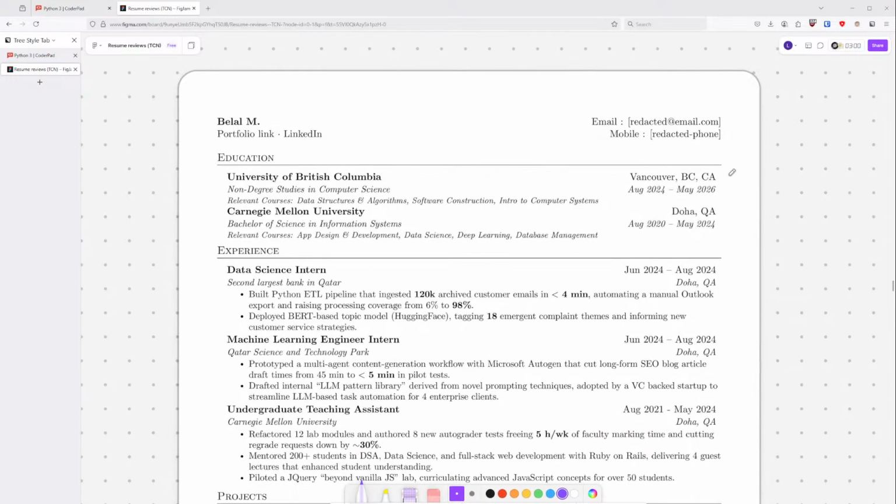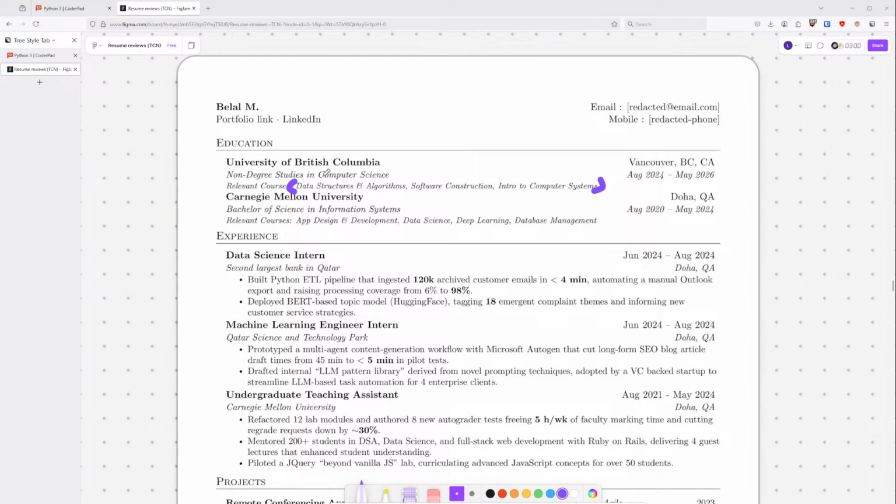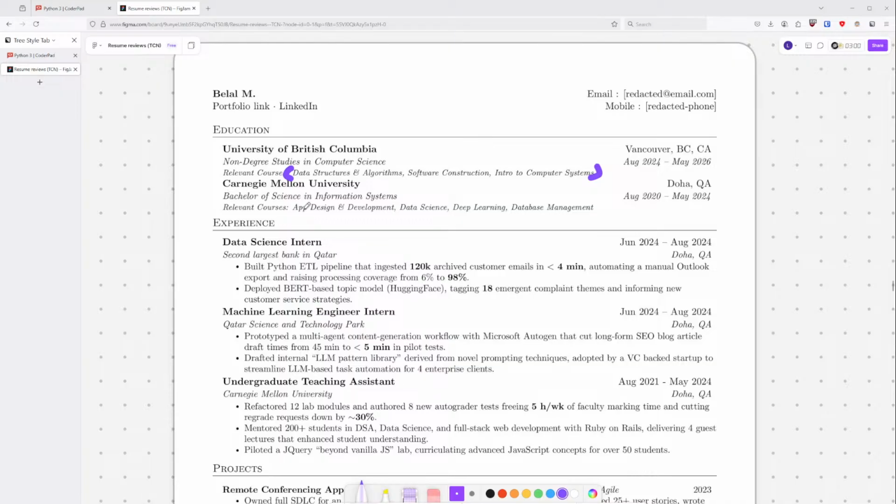Okay, so stuff over here, chill. Non-degree studies, computer science, that's fine. Okay, I would say you need better courses than that, or just leave them off. That's not really relevant. These aren't relevant to any of the three you talked about, like ML, data engineering, data science. CMU, app design. Okay, so